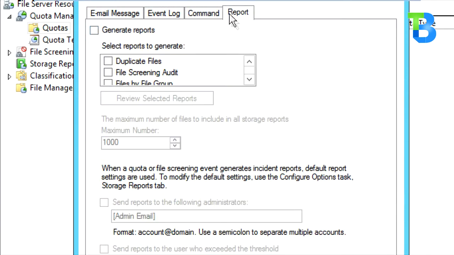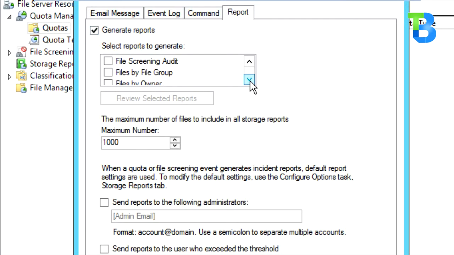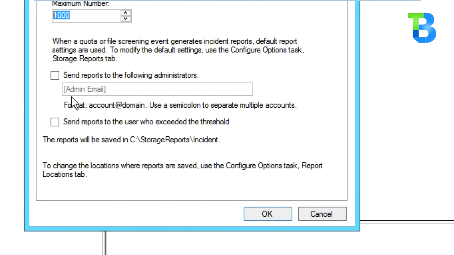Okay, so report basically generates a report and we select the kind of report we want to be generated. Right here, Disk quota usage can be selected. And then here it says the maximum number of files to include in the report. Oh, okay, thousands. And then it sends the report to the email or sends it to a particular